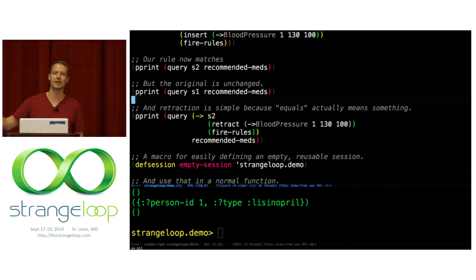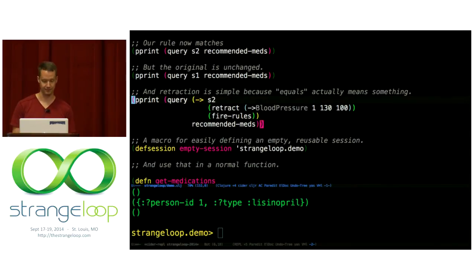It's producing a new working memory with that shared information. Now, it shares a huge amount of state internally, so this is actually efficient. Clojure has great persistent data structures, with great ways to make transient changes to them as well. So even though we're logically creating a new working memory, I've profiled this for a number of use cases, and the performance is pretty equivalent to Drools, even with the mutable working memory state. I think that's frankly as much a testament to the Clojure data structures that this is even possible.